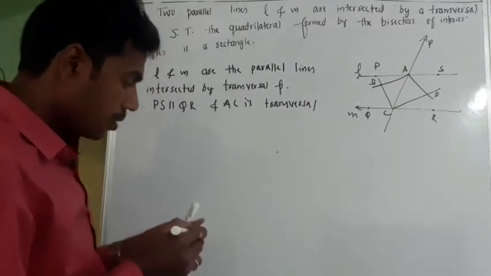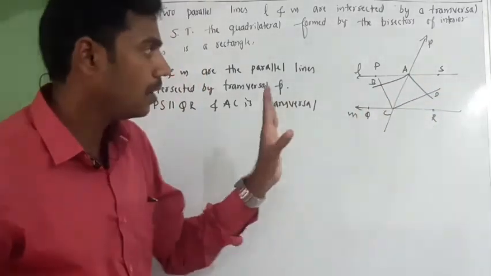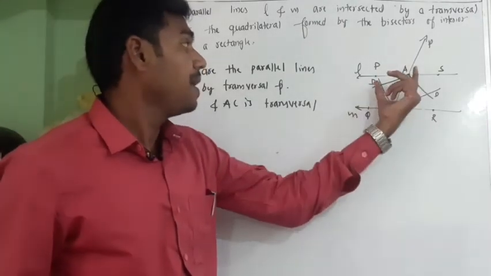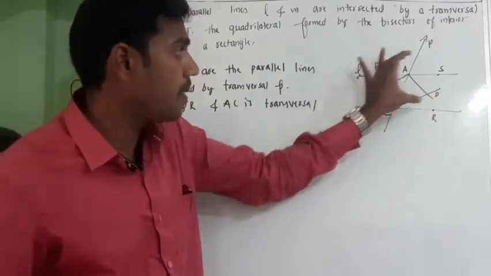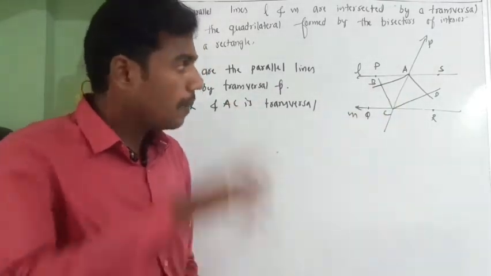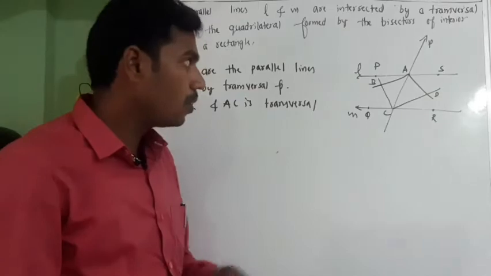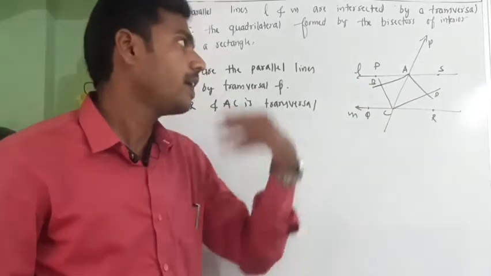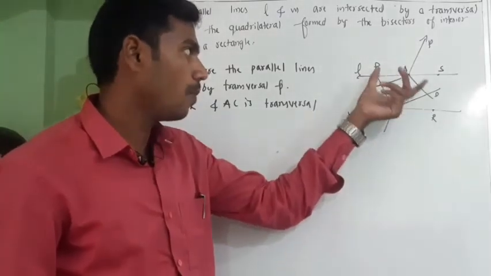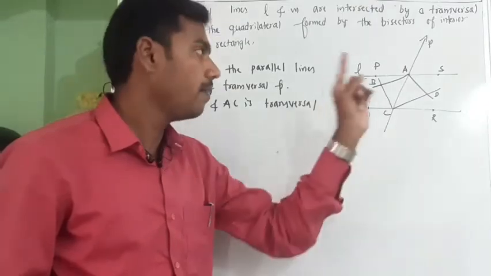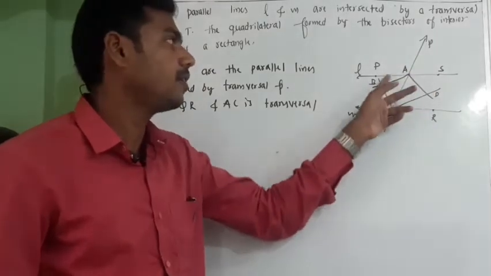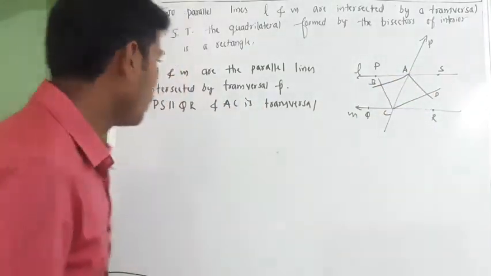Before that, if I want to show it as a rectangle, what should I show? I should show AB is parallel to CD and BC is parallel to AD. So thereby we can say that it is a parallelogram. In the parallelogram, if we are able to show one of the angles is equal to 90 degrees, we can conclude ABCD as a rectangle. So first we need to show both pairs of sides are parallel to each other, and we need to show one of the angles is equal to 90 degrees. Then we can conclude quadrilateral ABCD is a rectangle. So that only I am going to do now.